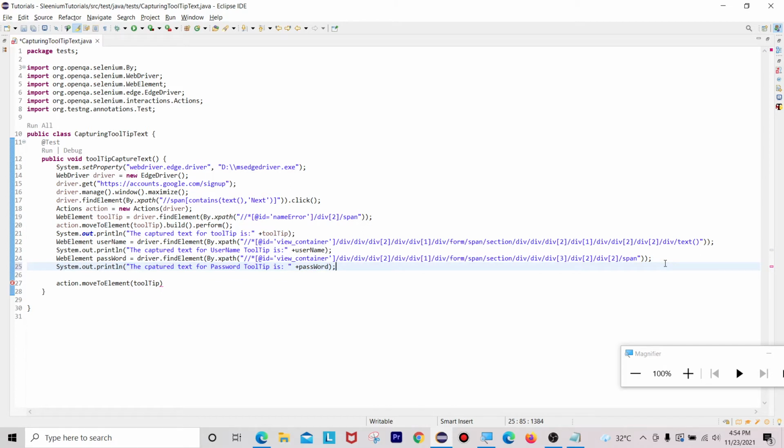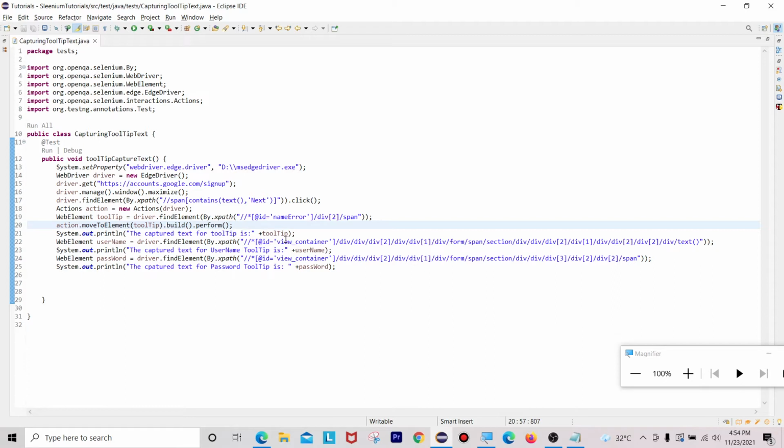Once it is done, we need action.moveToElement. I will write all these lines after each and every tooltip. We already took the first tooltip, for first name and last name.